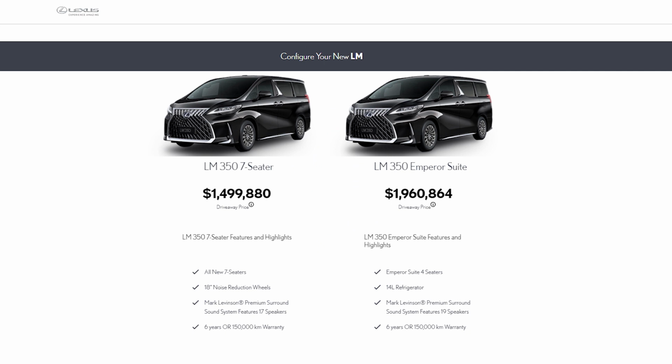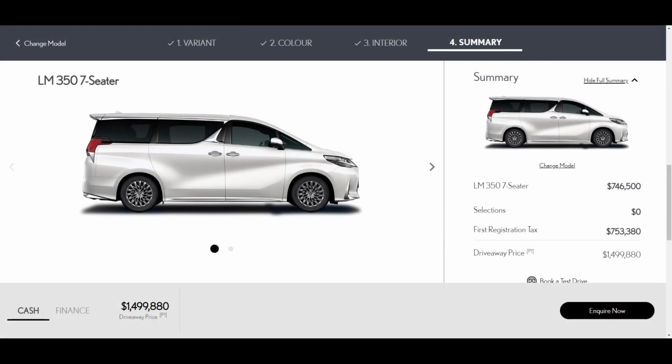Let's move down south to Hong Kong. They use Hong Kong dollars, and we all know that Hong Kong actually has a very expensive tax when you buy vehicles. So let's look at the LM350 in Hong Kong. The 7-seater is about 1.5 million Hong Kong dollars, and that is roughly